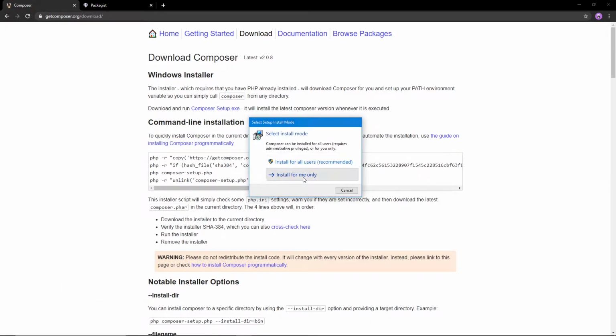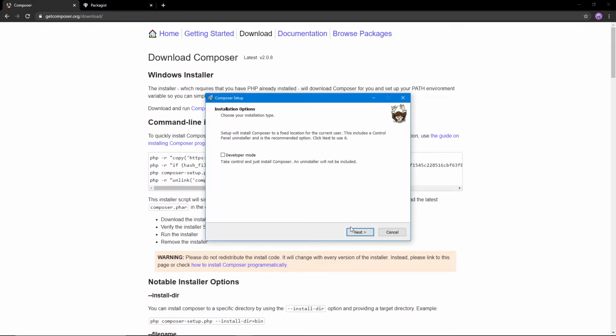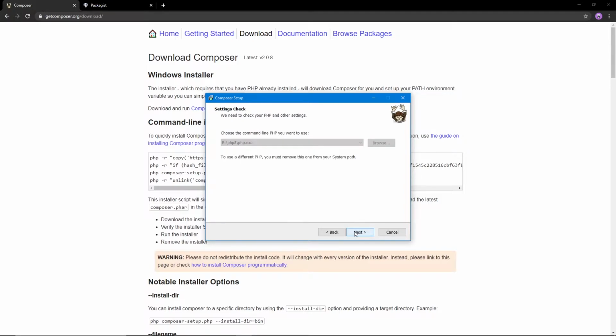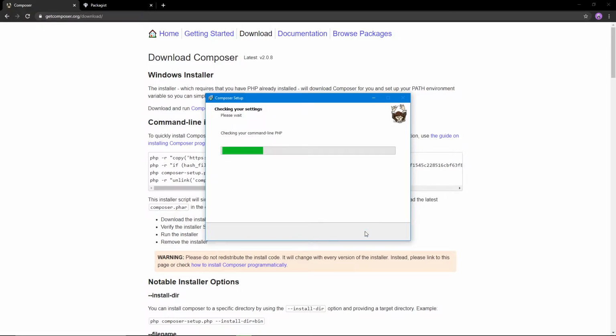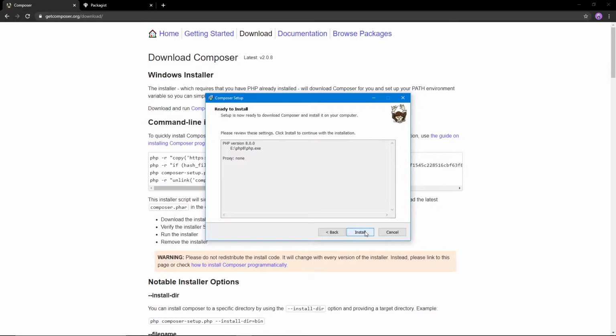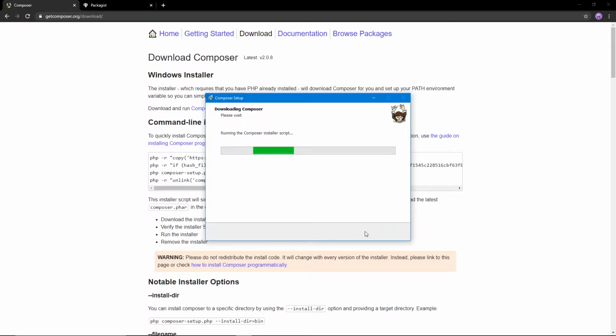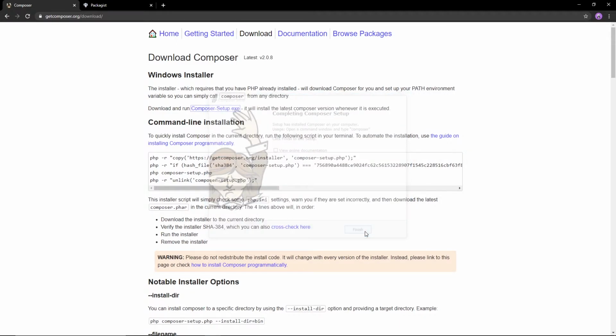You see, it's just like installing any other Windows application. It's just a basic installer, so I will go with all the default options. One quick note before installing Composer: make sure PHP is already installed on your machine. If not, pause this video and install PHP first. It will take a couple of seconds to finish the installation, and once it is finished, we can just exit